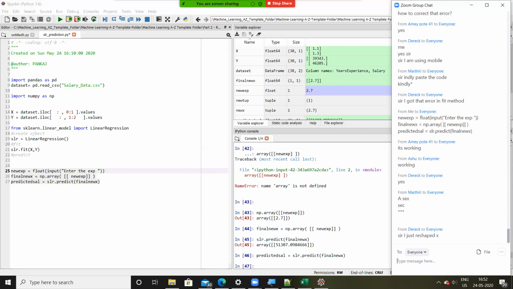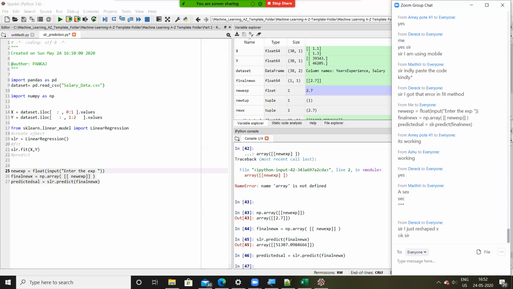You use reshaped X. Can you paste your code, Derek? Derek, will you please paste your code on the chat window so that we can take a look?